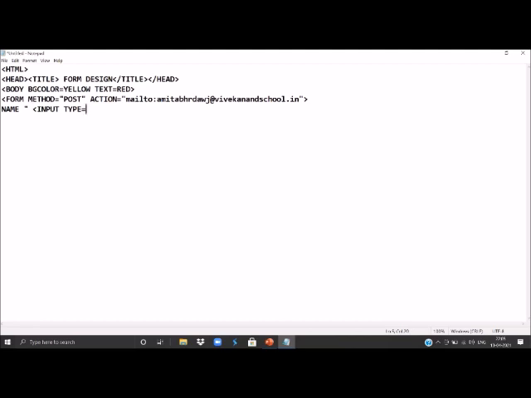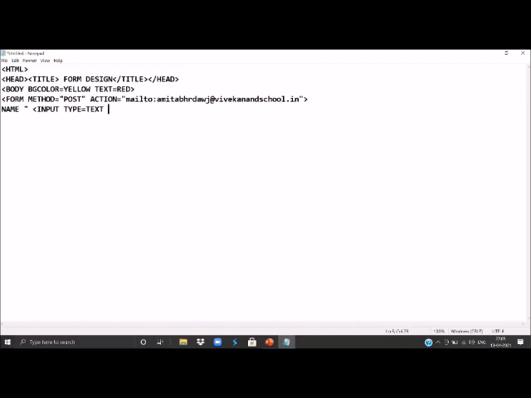Like name may contain the text in one sentence or one word, so we can use type is equal to text,